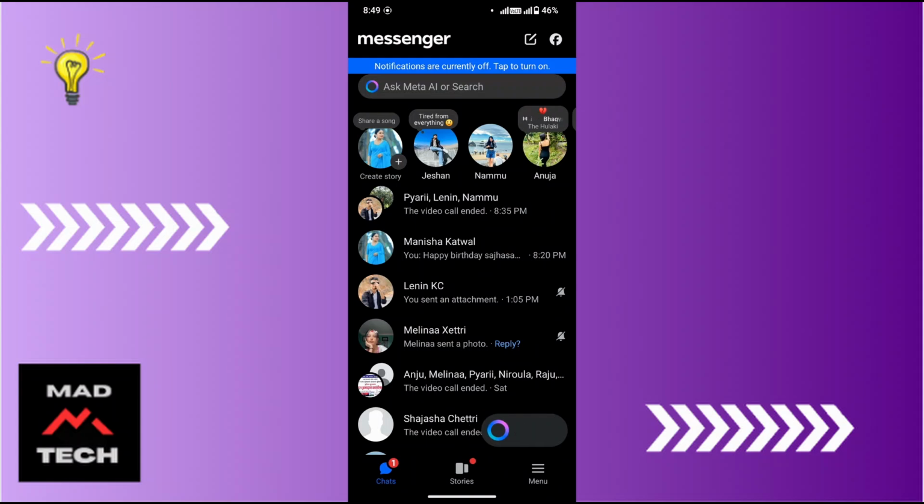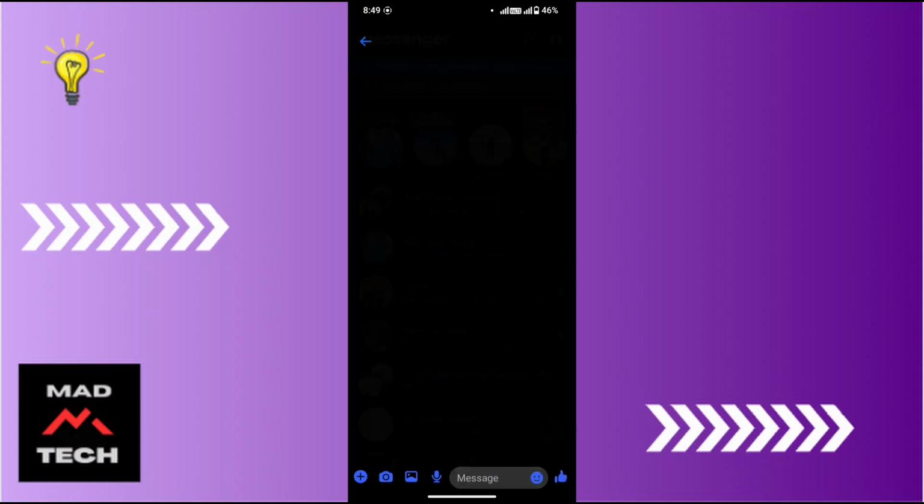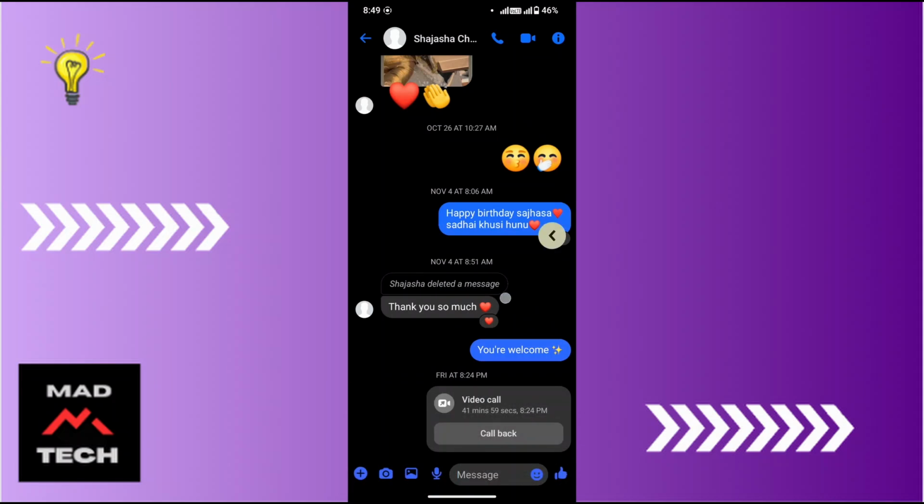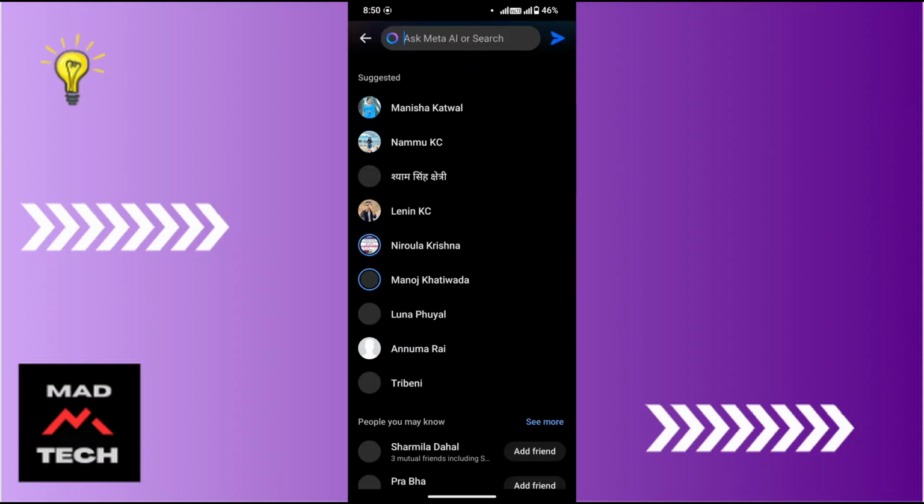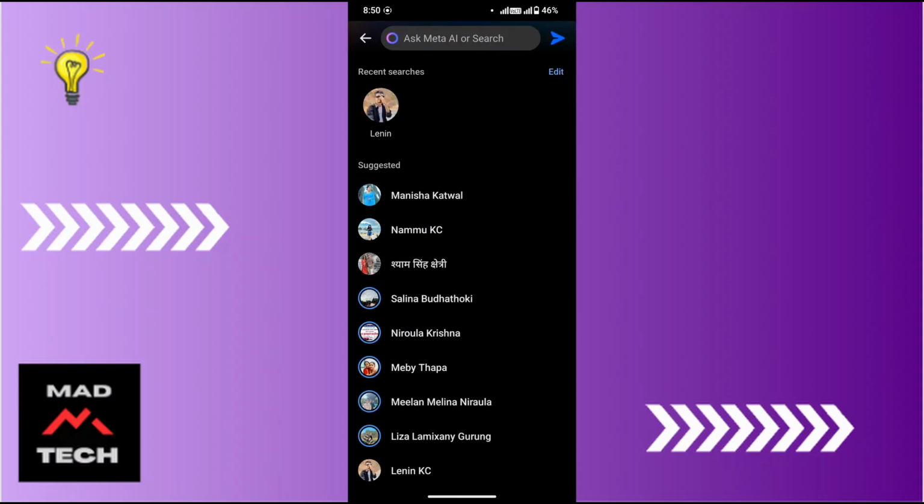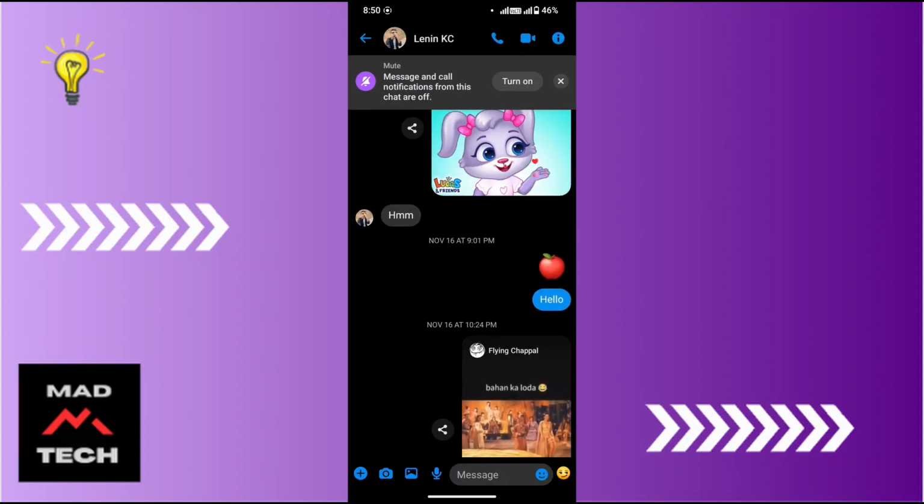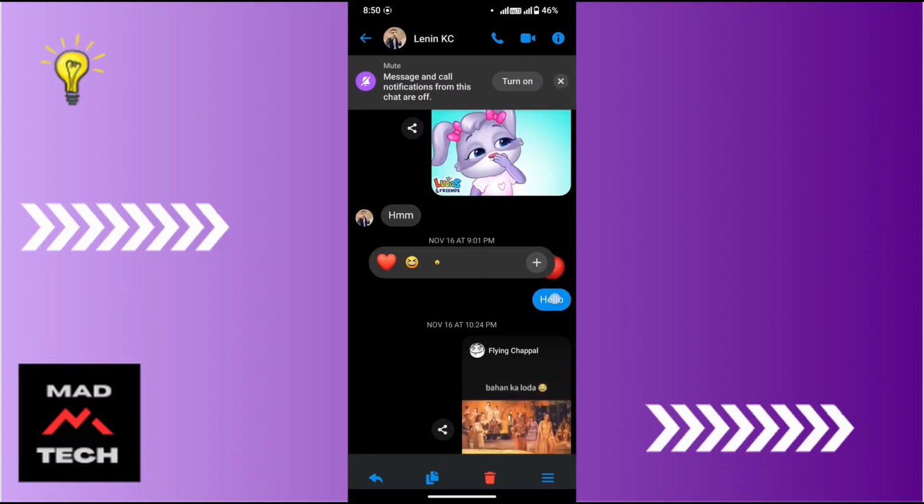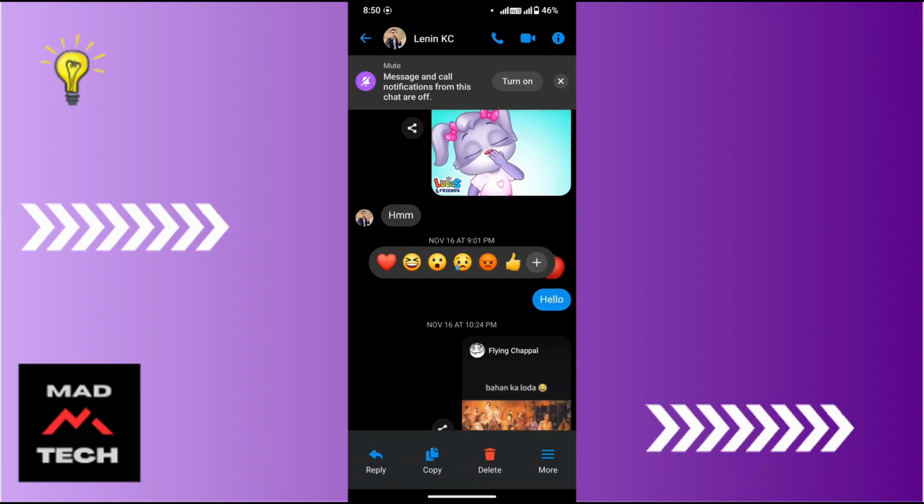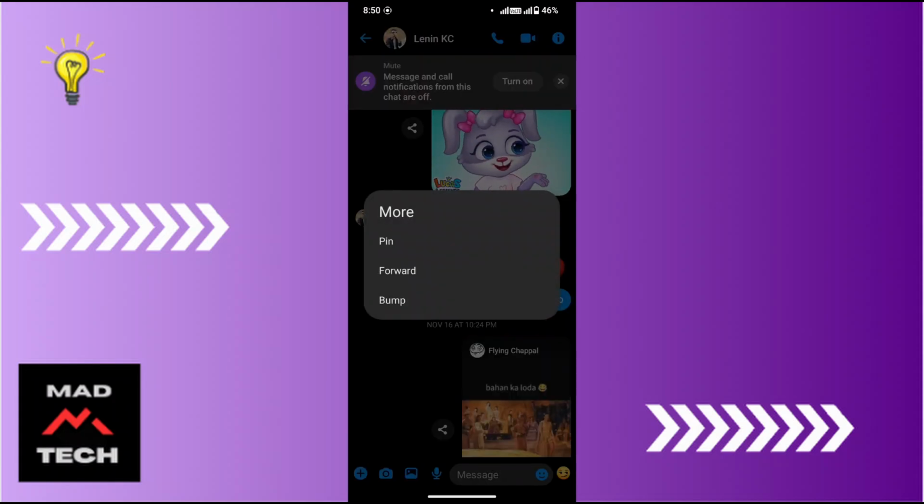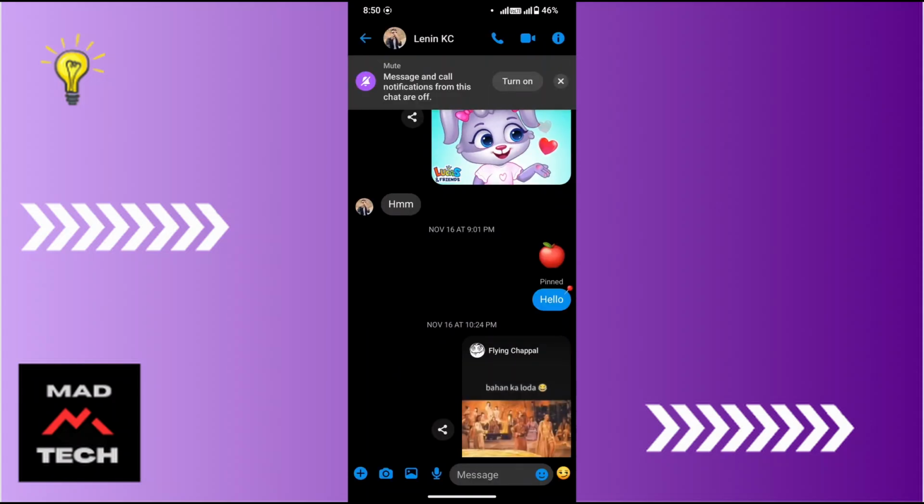Then to pin a message, you can simply tap on message icon here like this, or even you can search it from here like this. And to pin a message, so tap on the message until you will see the option of more. So tap on more, then you will see the option of pin, so tap on pin,